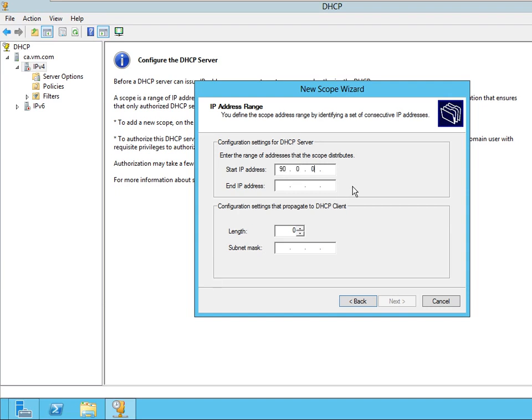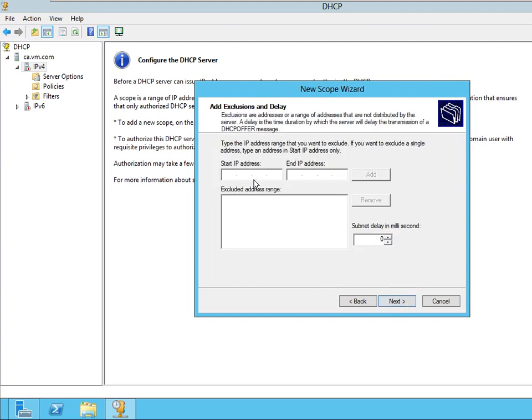Don't try to give some other range. 90.0.0.1 to 90.0.0.201. The length is 8 about your subnet mask. If you want, you can exclude the range, because if for example in this 100 IPs, 10 IPs should be excluded for personal use, or it may be for reservation, you can exclude the range.